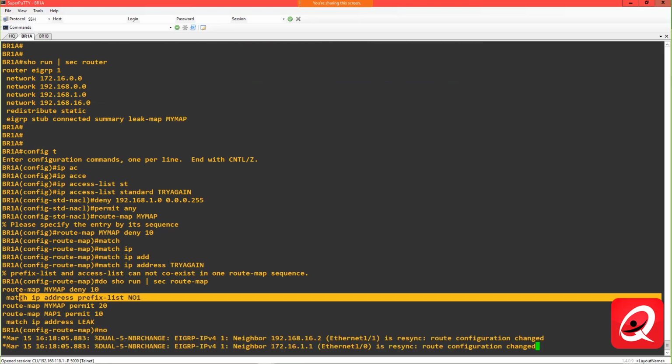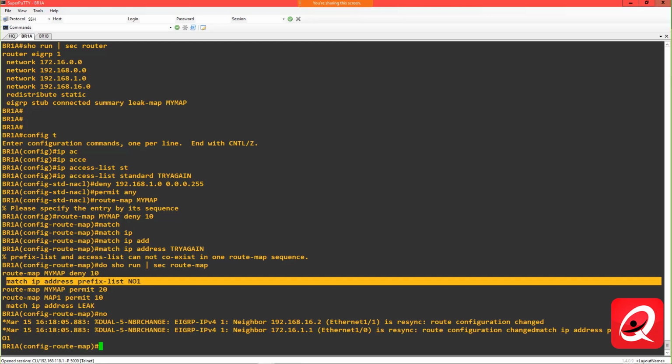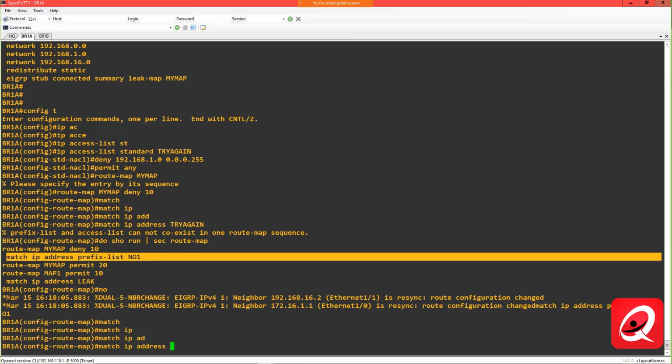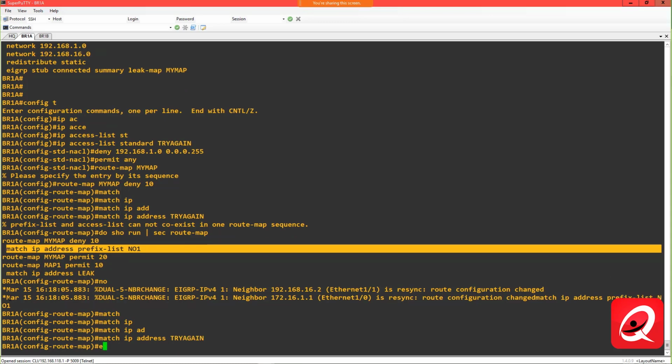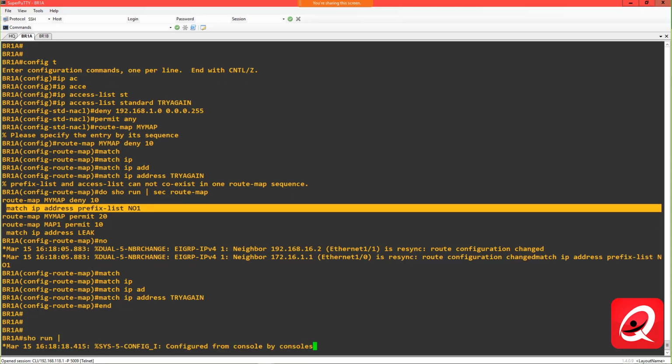So let's get rid of that, and let's do a match IP address, try again. Show run pipe section route map, access-list,